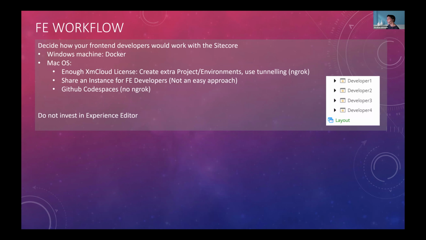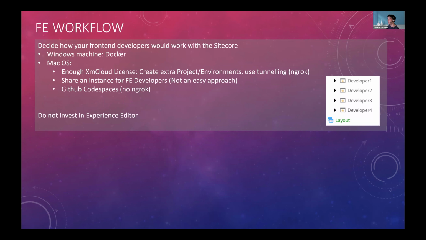If the front-end developer has macOS, it depends on your xmCloud licensing. We were lucky. Our customer had 6 instances in their license. We used 3 instances for development, staging, and production, and we used the other 3 instances for the developers.